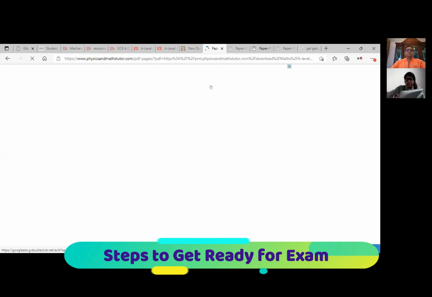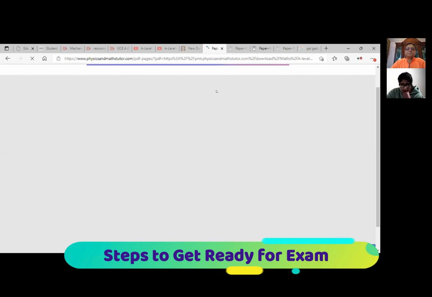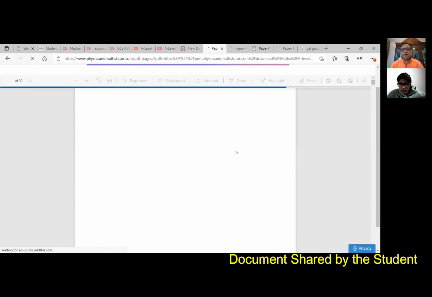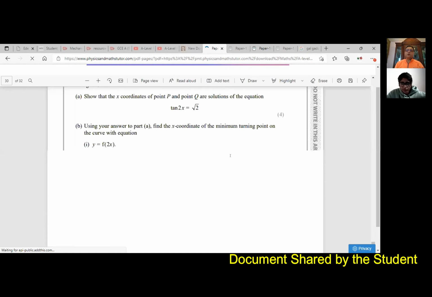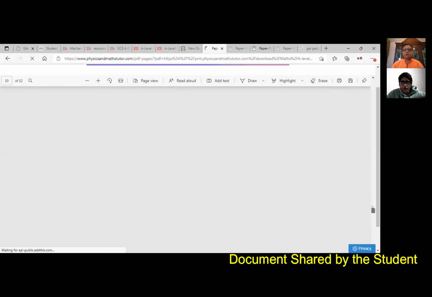Question 13. This was a differentiation question, and kind of using trig as well. So the intertwining of differentiation and trigonometry. Got it. So we'll get into all the concepts related to the question so that you do not have to do many questions on that. You get the idea. That is my approach today.